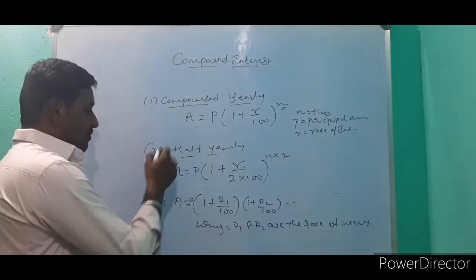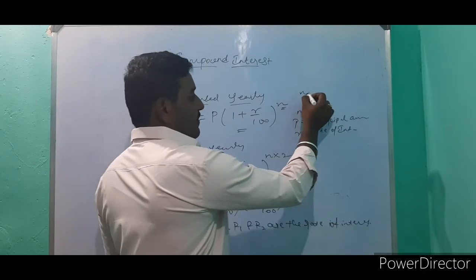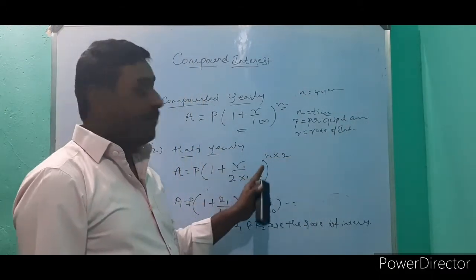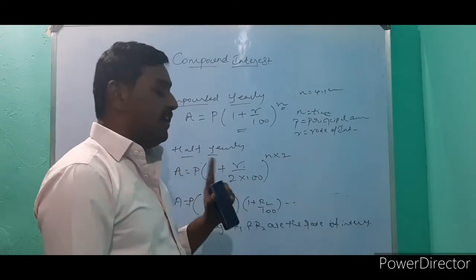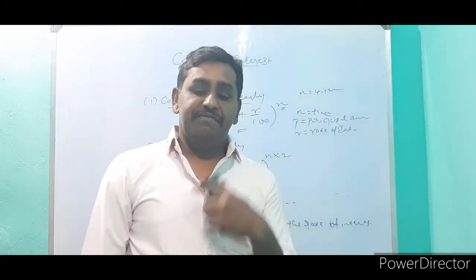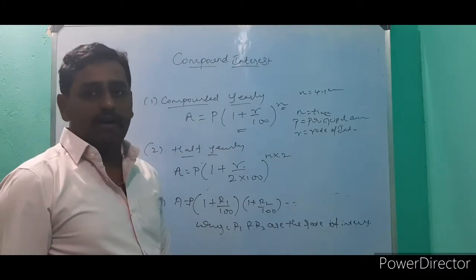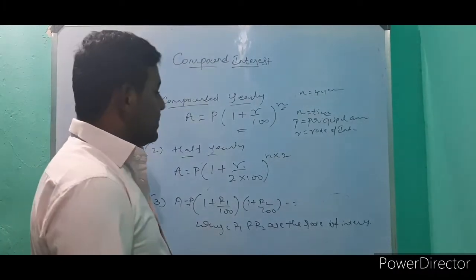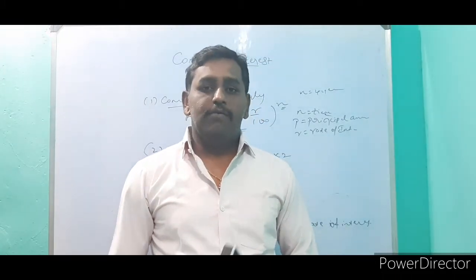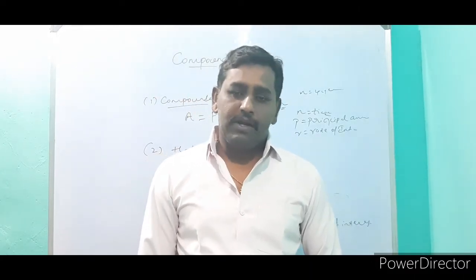So we are using these formulas also. We are finding this for yearly, so that n is equal to 4 years, like that. This is the half-yearly formula for finding the amount. This is why, when compound interest is given for 3 years and a rate of interest, you can directly go to this formula and find the answer. So for all those things, first we have to learn the direct method as well as the formula method, for the sake of solving the problem. Okay.